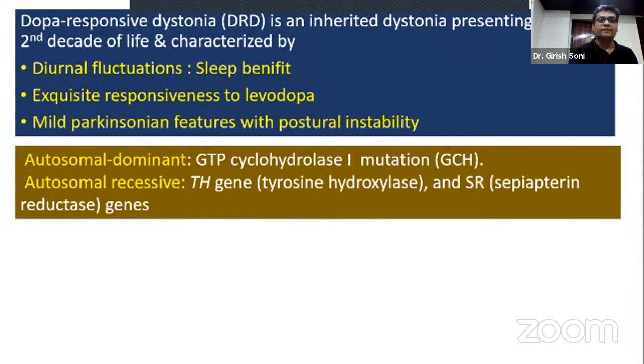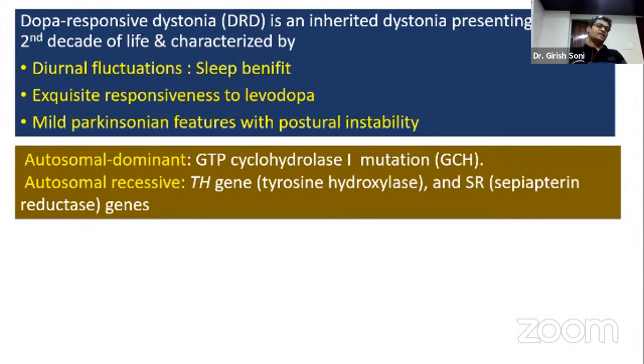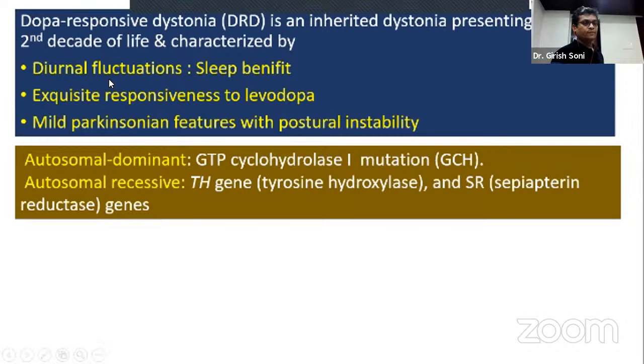So what is DRD? It is usually an autosomal dominant disorder, typically presenting in the first decade or second decade. If it presents in infancy, or if it is associated with mental retardation or cognitive decline, it is called DRD plus. So onset earlier in infancy, mental retardation, cognitive decline, it is DRD plus. If it comes in the first or second decade without any mental or cognitive affection, it is plain DRD. So it is classically characterized by diurnal fluctuation, prominent response to low dose levodopa, along with Parkinson features, pyramidal signs,